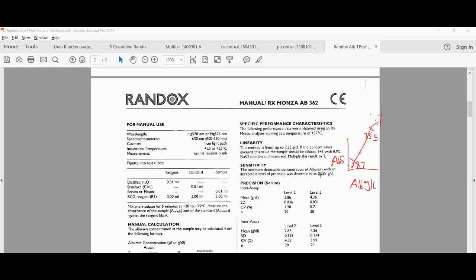So the sensitivity is from 2.87 gram per liter. It can be detected from there. So then you can actually say that the linearity is from 2.87 to 75.5, although I must caution you, in this case they don't give the lower limit for the linearity. They just give the upper limit of linearity. Okay, then